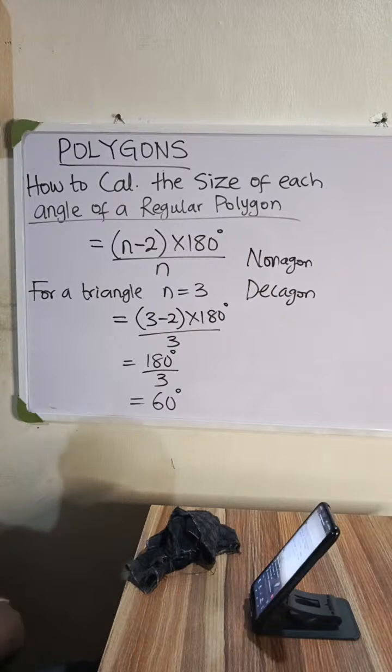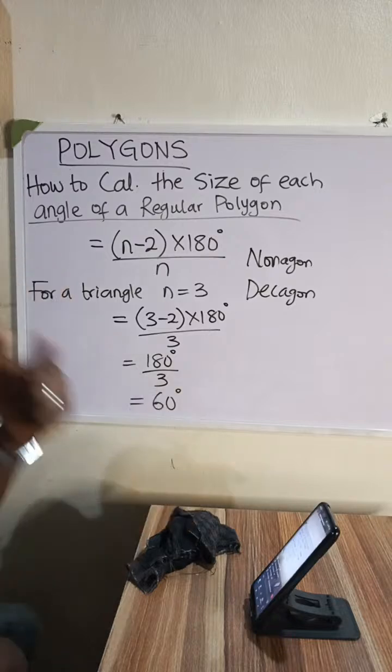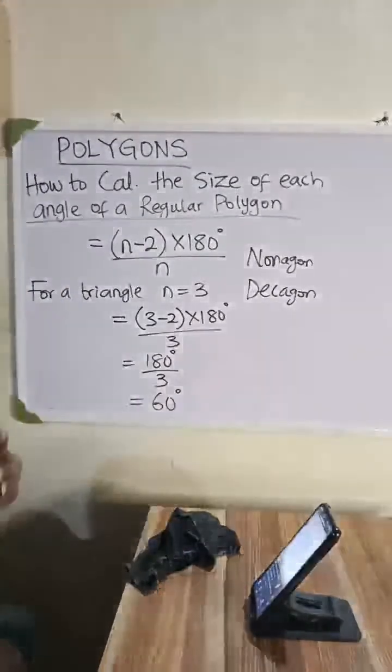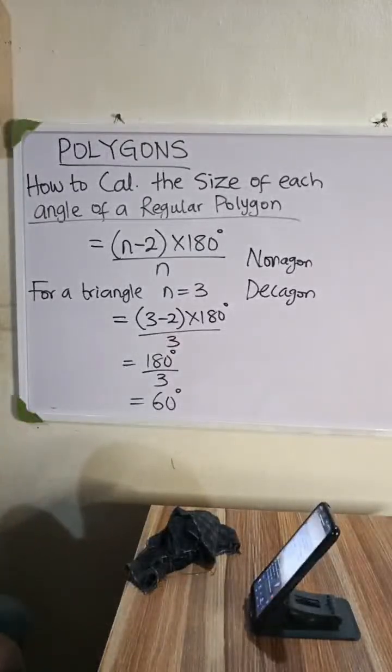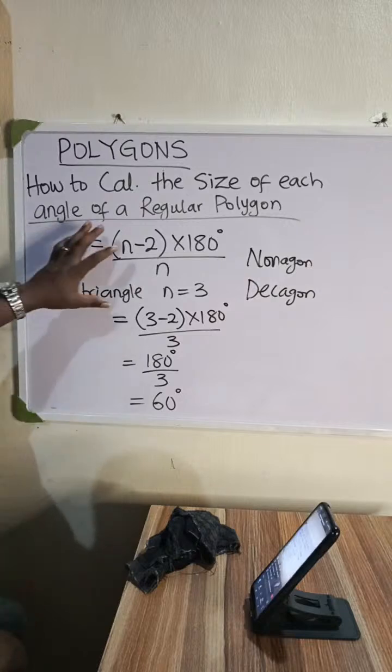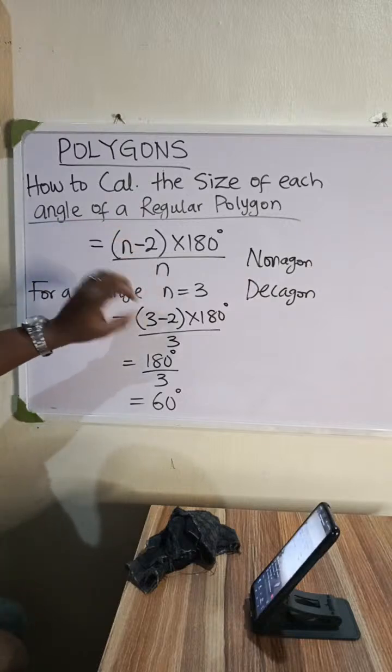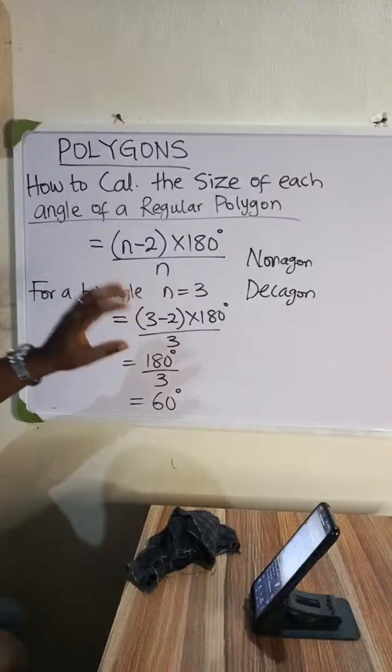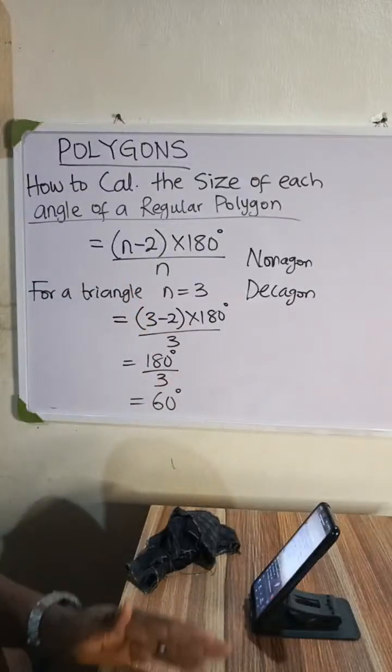Okay, so now we've seen what a polygon is, we've seen the types of polygon, we've seen how to classify polygons based on regular polygons and irregular polygons. We've also looked at how to find the size of each angle of a regular polygon. But for an irregular polygon,